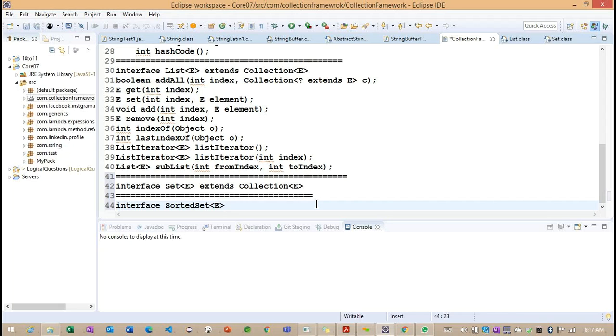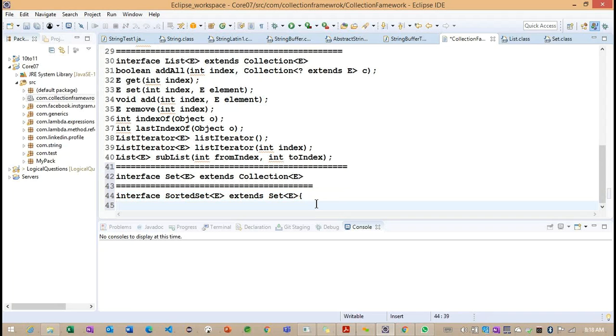Getting the point? This SortedSet is extending from the Set interface, and it is going to provide the sorting order. If we want to work with ascending order or descending order, we can go for this SortedSet.